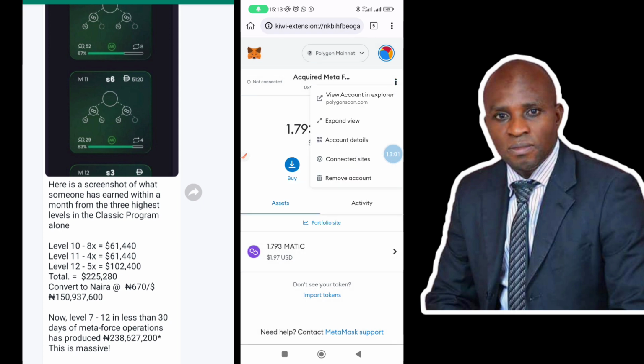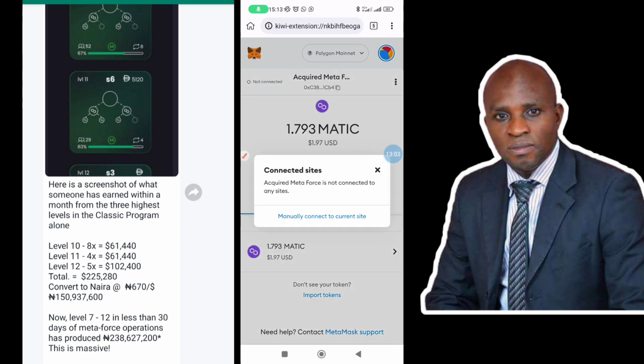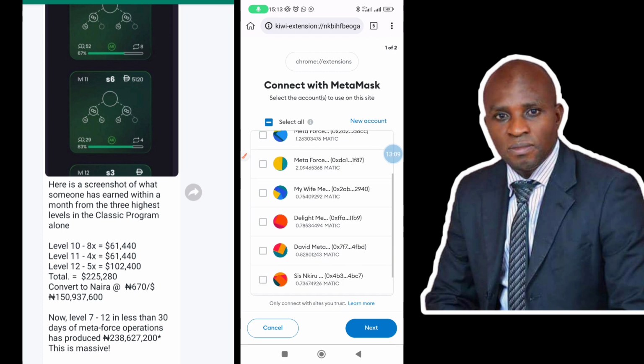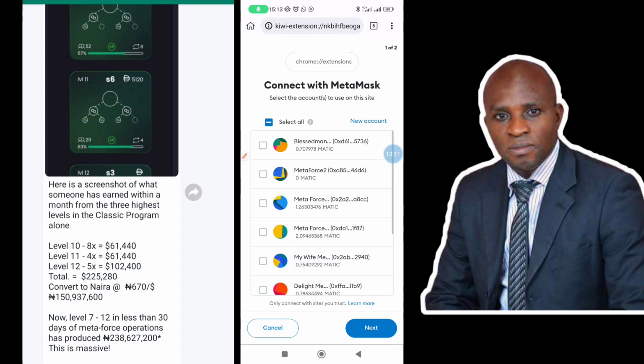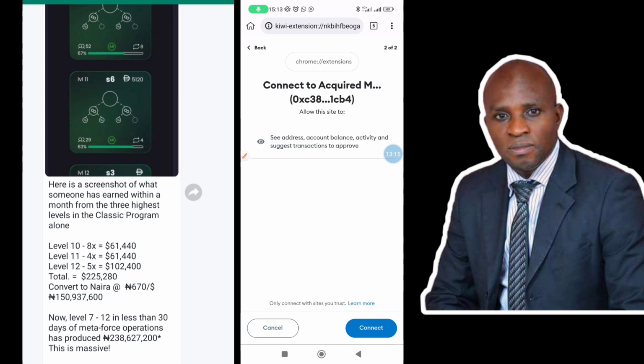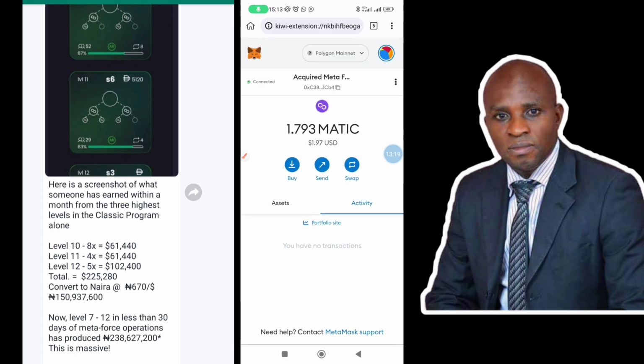All right, manually connect site. Click on manually connect site. Then I will locate this manually connect site. So click on next. All right, click on connect. The thing will connect. You can see it written connected. All right, so now that it is connected,